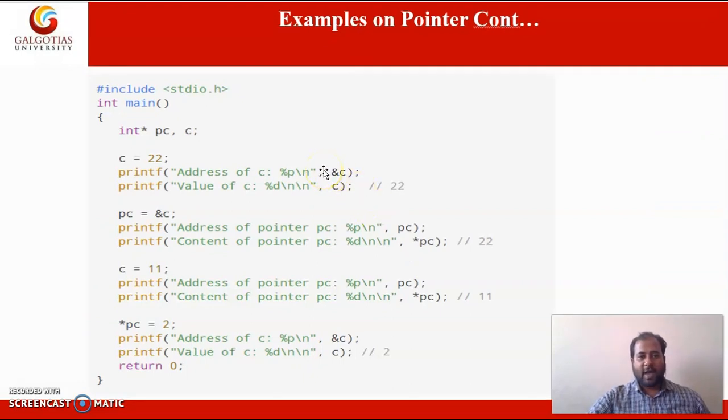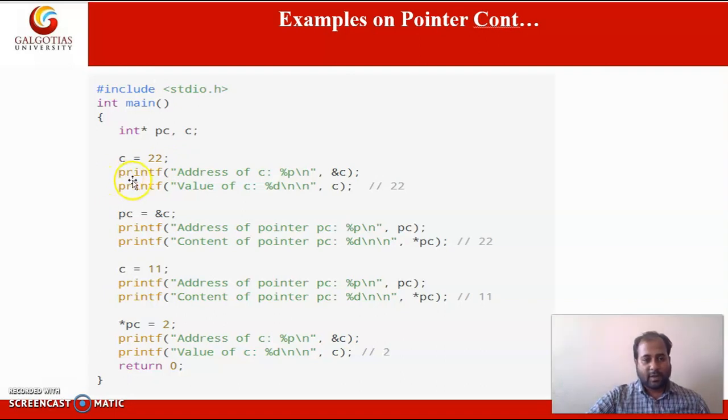Here is another example. We have a pointer PC, which will point to a variable of type int. We have a variable C initialized to 22.